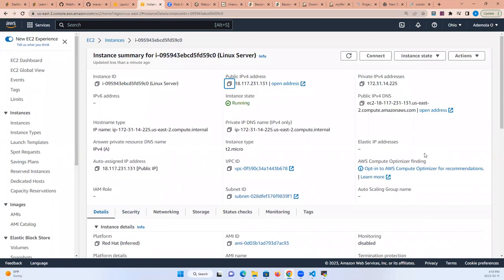But let's keep it simple for now. All we need here to connect is the public IP address. Why are we not using the private IP address? The reason we are not able to use the private IP address is that wherever you are, you have an IP address, and the IP address is provided by the